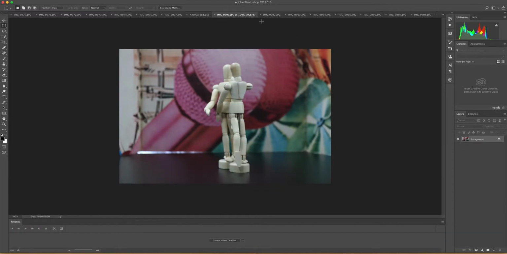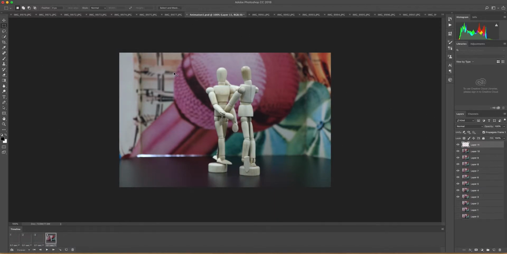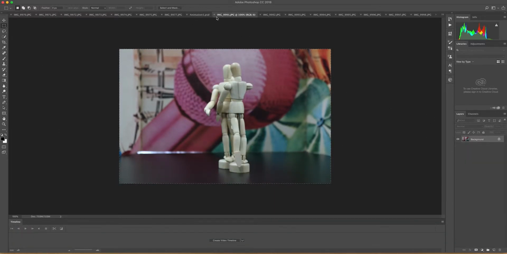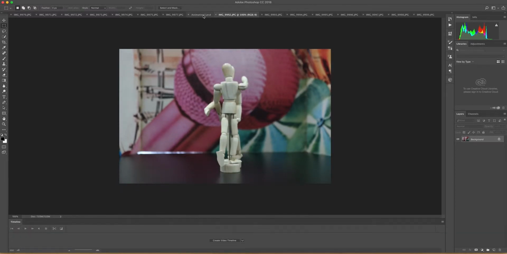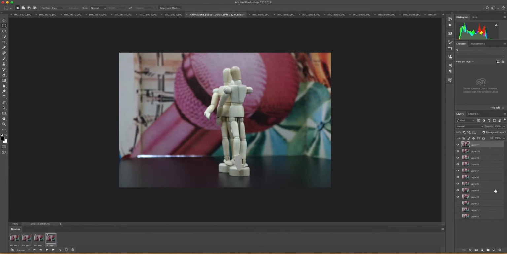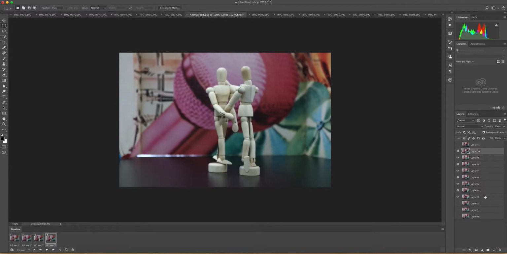At the moment, all these images are just open in Photoshop. So all I'm doing is copying them and putting them onto a canvas that can then become my animation. So yeah, Command A to select all, Command C to copy that image, back to my canvas, and Command V to paste. And I'm beginning to build up a series of photos that has some movement in it. If I go back to my animation, I've now got 11, so it's going to go from